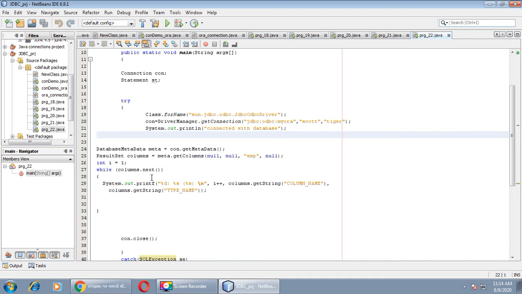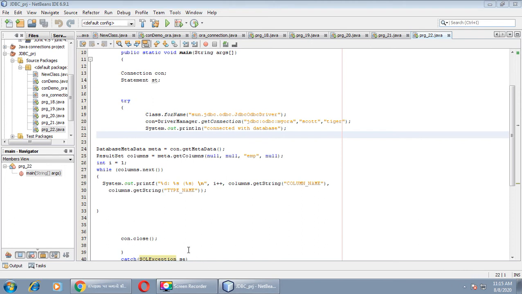Then columns.getString, and the parameter is COLUMN_NAME. This method will print the name of the first column of the employee table. Then columns.getString with TYPE_NAME, the name of the data type of the column. This will print the data type of the column.